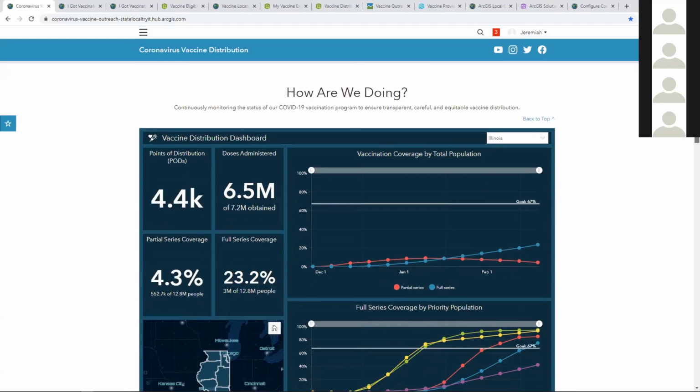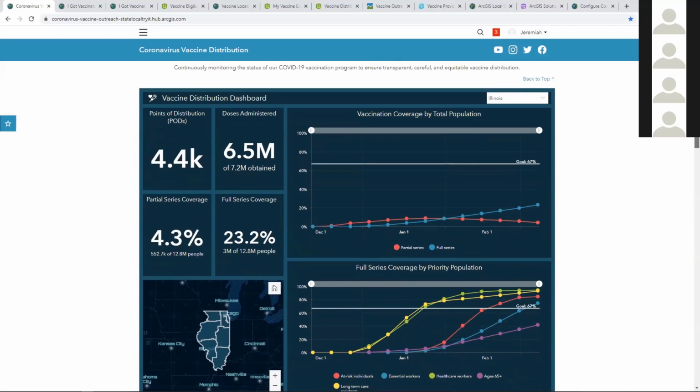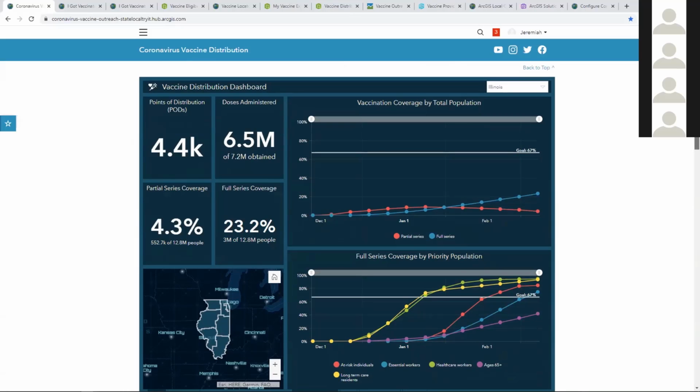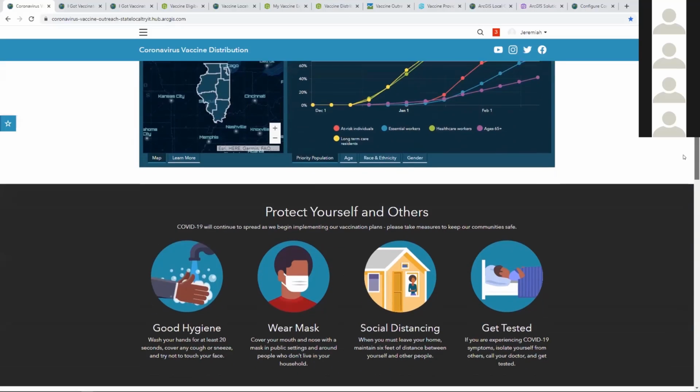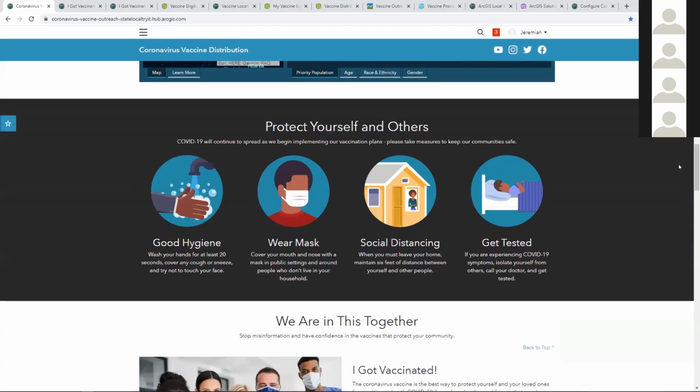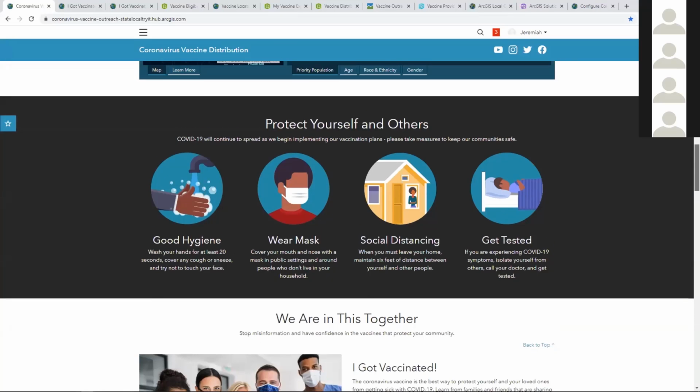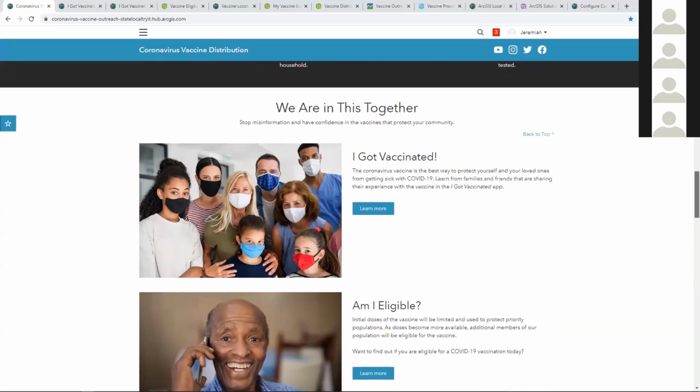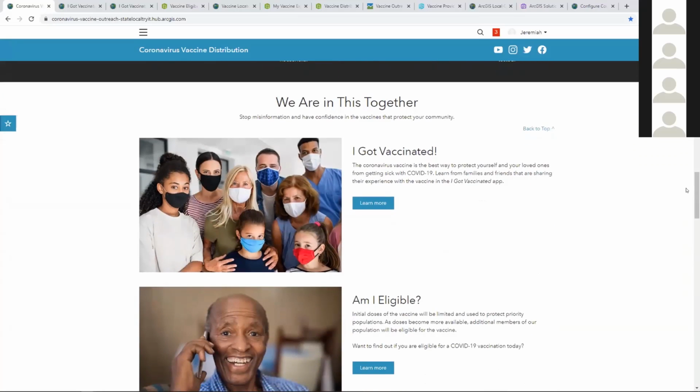Scott mentioned we have two solutions, one of them being a dashboard that shows us how we are actually doing over time. I'm going to just gloss over this, and we're going to come back to this, and Mike will explain this in more detail about how we populate it and how to interact with the dashboard. Again, just really high level messaging. As you've probably heard, hygiene, wearing a mask, social distancing, this is not going to go away when people get a vaccine. So we're really helping you communicate the importance of what we need to do to really come out of this. Then we scroll down and we get into some additional information products that are included with the